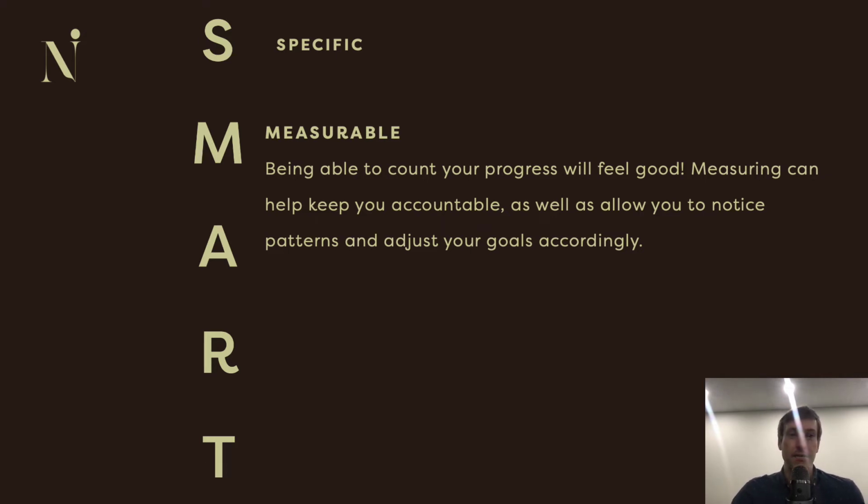There's this idea of the measurement effect. So we know if people measure their steps, they turn on the app on their phone that tells them how many steps they're taking. Even if they don't try to improve how many steps they take, if they're checking their step count, they actually end up walking more. That's the measurement effect. As soon as you start measuring something, you start doing a better job of it because you unconsciously are like, oh, maybe I'll walk that extra block. Maybe I'll park a little further away. It may be conscious, it may be unconscious, but measuring it does induce change. So make sure your goals are measurable.